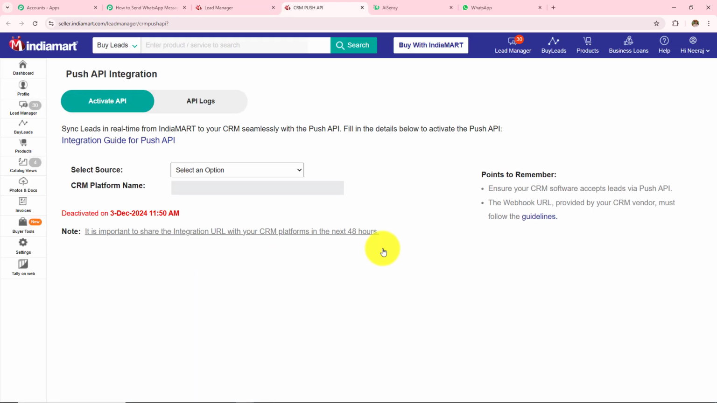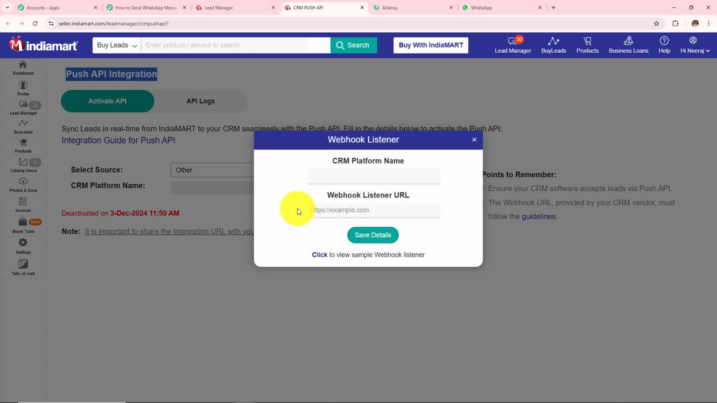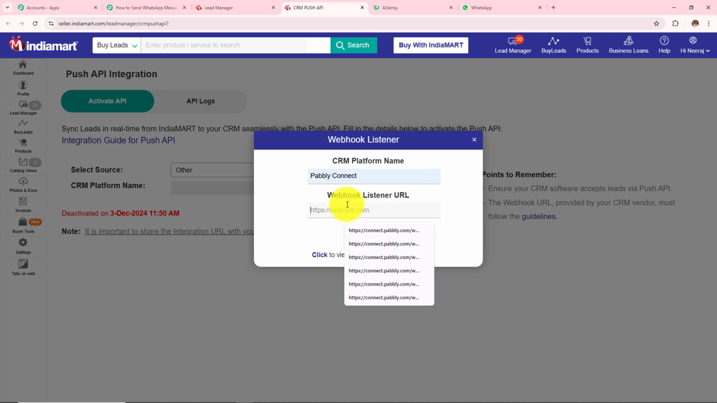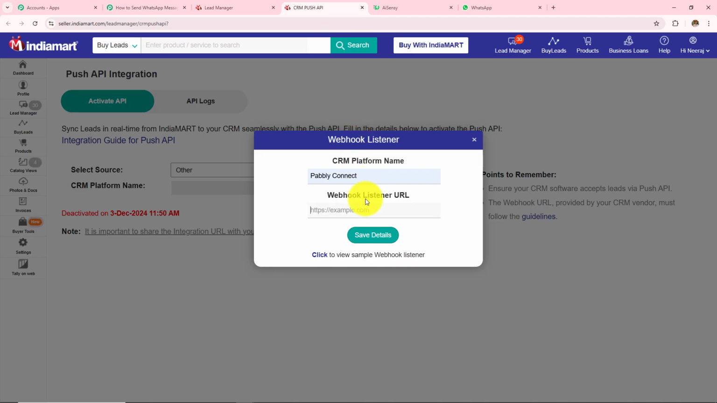So this page has appeared in front of me, push API integration, and under this I have to select the source, and then I have to enter the CRM platform name. So from this drop down, I want to select this as other, and then I have to provide the CRM platform name and the webhook listener URL. So my CRM platform name is Pabbly Connect, and then I have to enter the webhook listener URL. So this is the same webhook URL which I am provided in my Pabbly Connect workflow. So I'll copy this webhook URL and paste that webhook URL over here, and then I have to click on